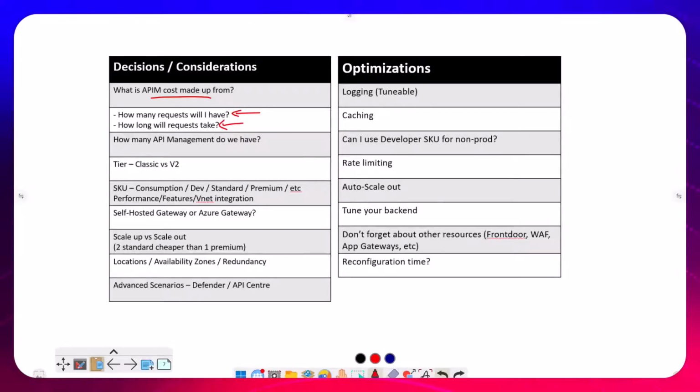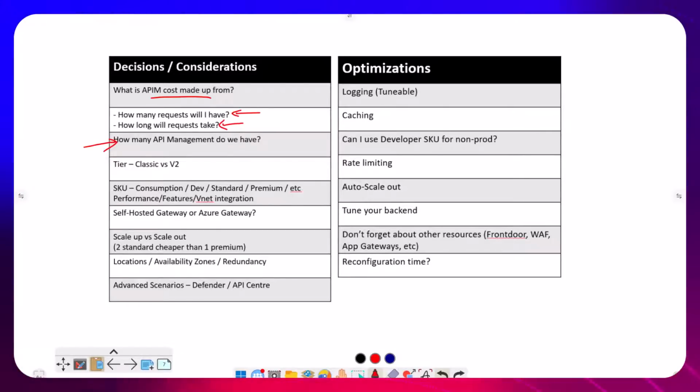Now, the next thing we should think about is how many APIMs do I actually have? I think it's interesting, we've talked about this at a few of the conferences recently. Bizarrely, a lot of companies seem to have a huge number of APIM instances. I guess the scenarios could be different teams have their own instance of API management, or different environments have API management, and I think there's been a bit of a transition away